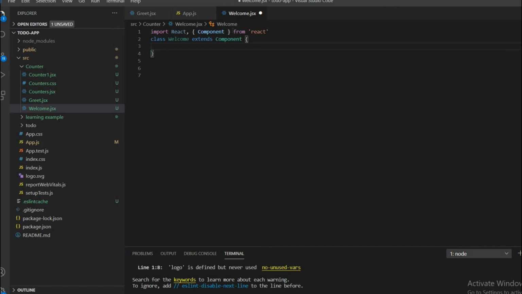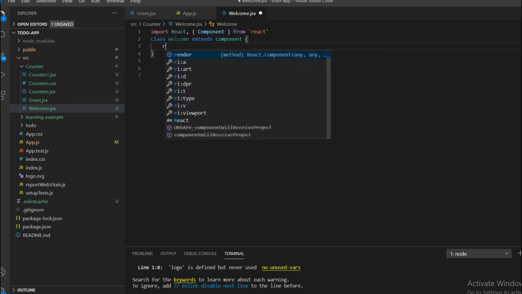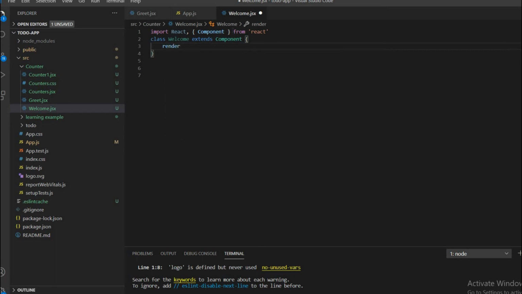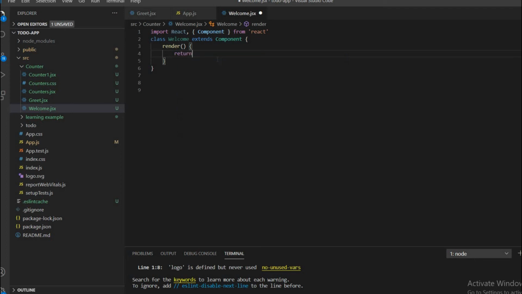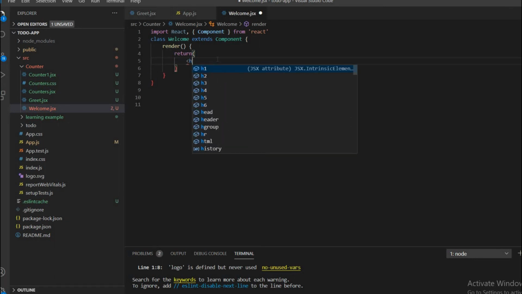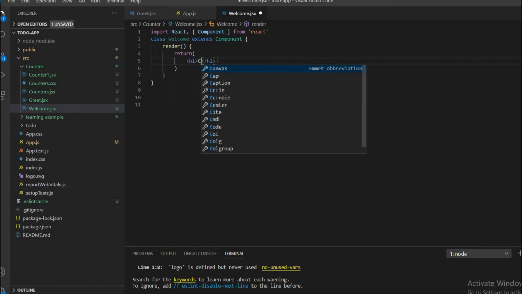Then the class has to implement a render method, which will return null or some HTML. So I am using a return statement which returns an h1 tag with the content class component.